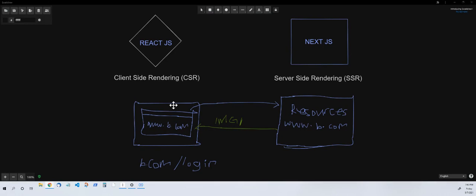Everybody. So, in today's video, I want to explain the difference between client-side rendering and server-side rendering. So, let's get to the meat of the matter. Okay. So, I have a couple annotations, and I'm going to explain what those are. But if you want just a definition, okay,